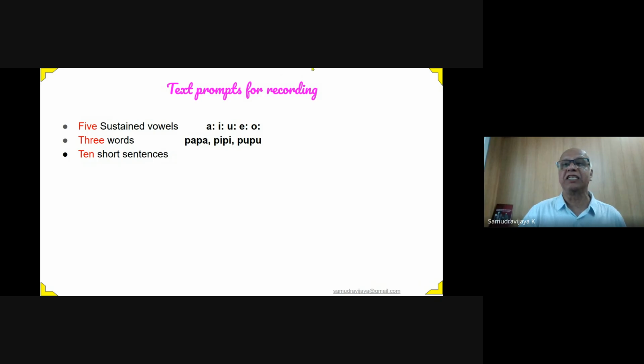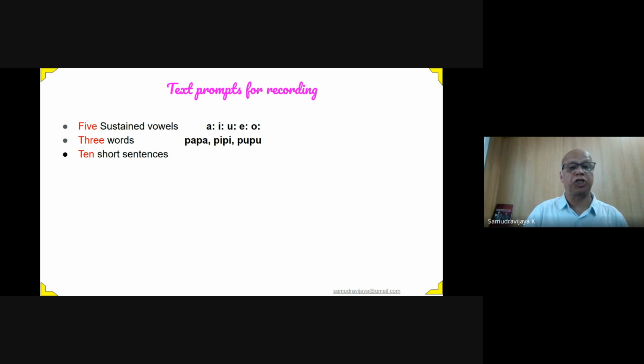Typical text that is spoken is vowels, like E. So I call it sustained vowels. You ask the people to say it as well, and pause. Similarly, other vowels. That is one thing that is standard, done all over the world, because it's difficult for people with difficulty in articulating speech to speak.